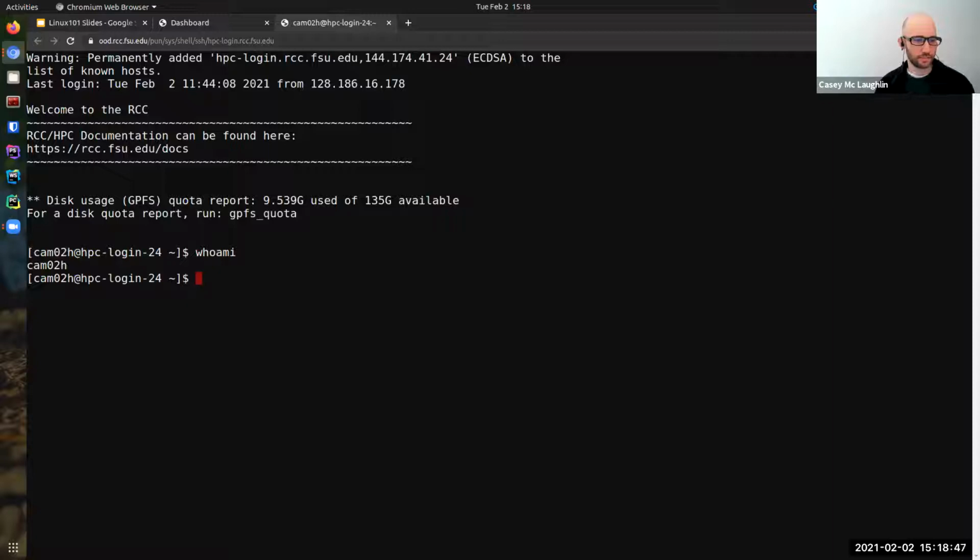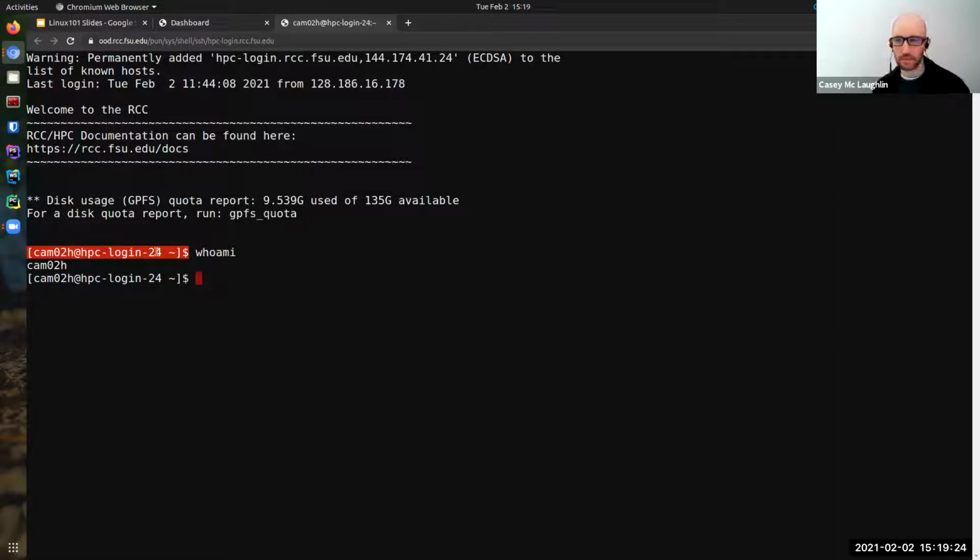Okay, so speaking of the prompt, what is the prompt? The first thing we see in the shell is the prompt. It's called the prompt. And the prompt string shows a little bit of information. In my case, it's my username at my host name. So my username is camo2h and the at symbol, HPC login-24. And if you try to use that as an email, you'll get bounced back. This is not an email address, even though it looks kind of like one.